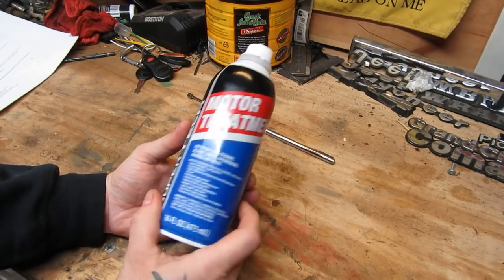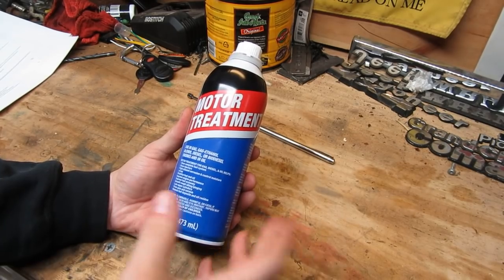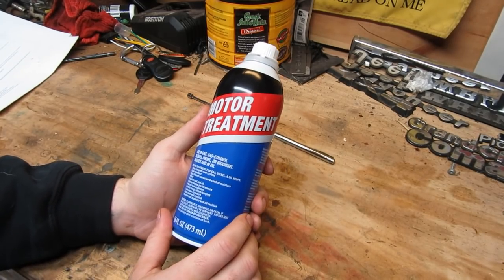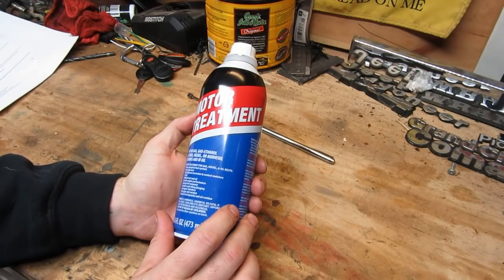In this type of container, I checked the MSDS for the Gumout version of this motor treatment, same formulation. So not Seafoam, it's Gumout, this one right here. Now what I'm going to do is go ahead and use it like Seafoam. I'm going to put a little bit in my gas tank and a little bit into my vacuum lines, mostly